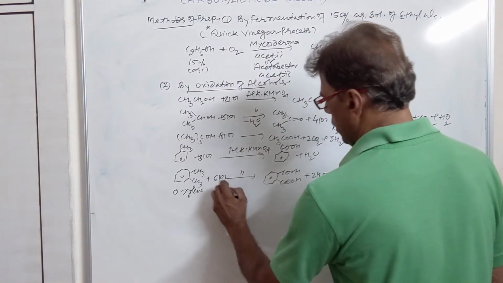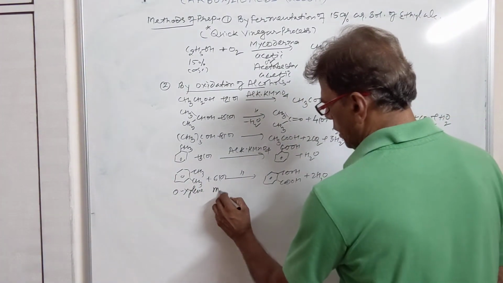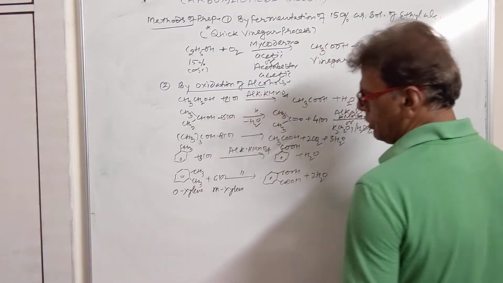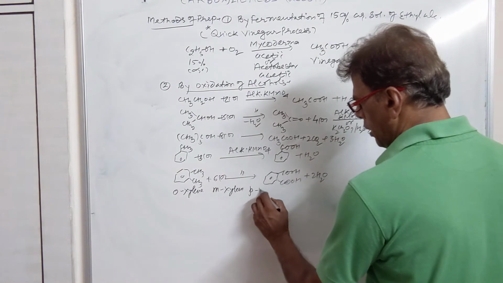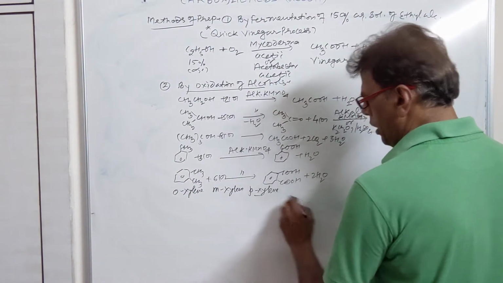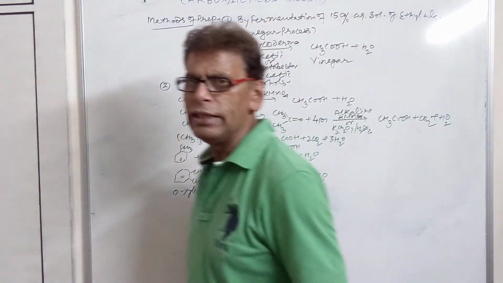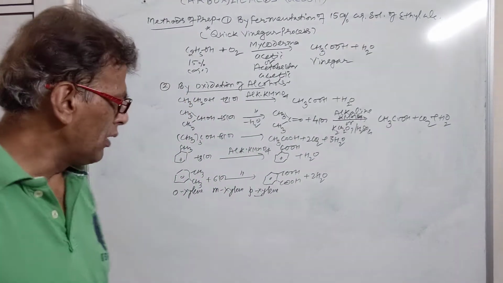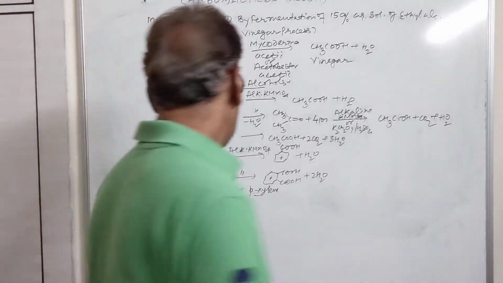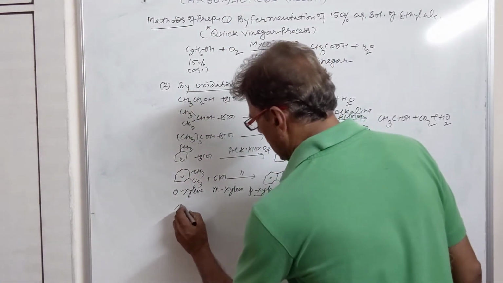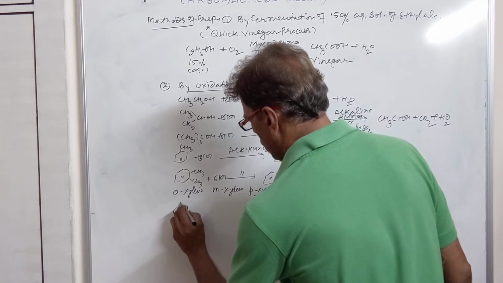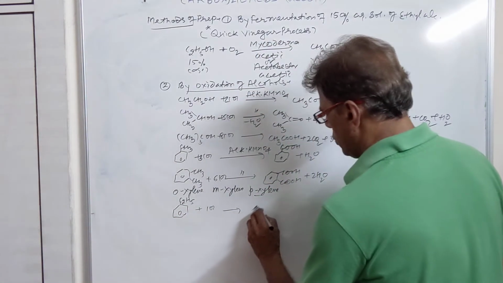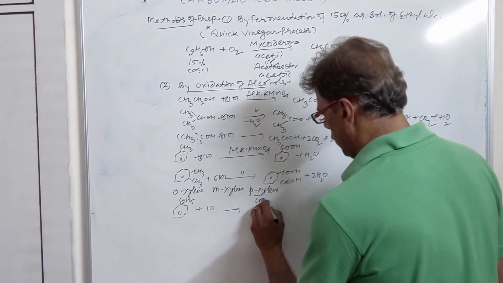6 oxygen used here. Similarly, metaxylene having 2 methyl groups at meta position, 1 3 position. Paraxylene, 1 4 position, 2 methyl groups are present. They are also oxidized to carboxylic acids when they are treated with alkaline KMnO4. Similarly, if you have any alkyl group attached to the benzene ring, suppose you have here an ethyl group, it is treated with alkaline KMnO4. Still you will get carboxylic acid COOH.